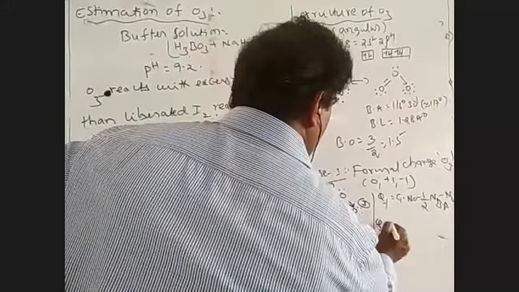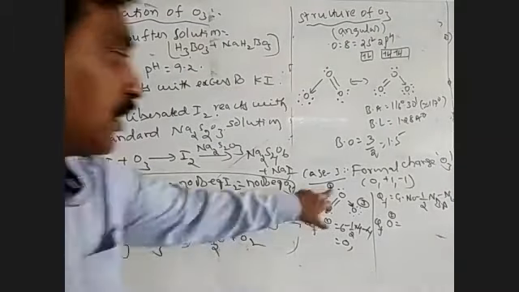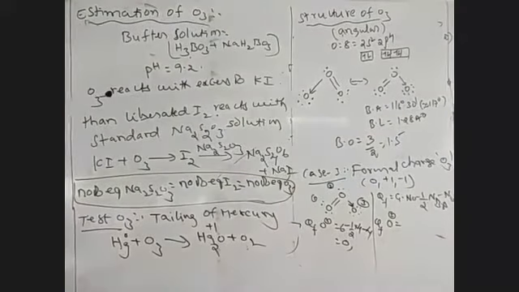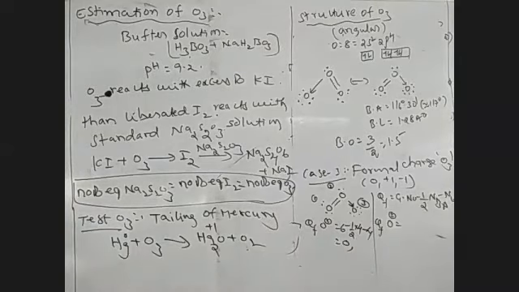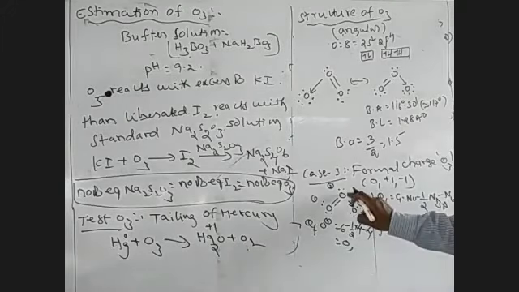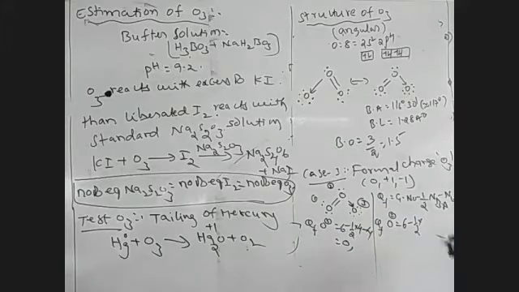The formal charge of oxygen 2: we have to calculate the second oxygen. What is the formula we have applied? Group number minus 1/2 into number of bond pairs minus number of lone pairs. Here the group number of the second oxygen is also 6 minus 1/2 into 3 bonds, 1, 2, 3, so 3 into 2 is 6 electrons, minus this oxygen contains 1 lone pair of electrons, 2 into 1. So 6 minus 3 minus 2 equals +1. The formal charge of the second oxygen is taken as +1.